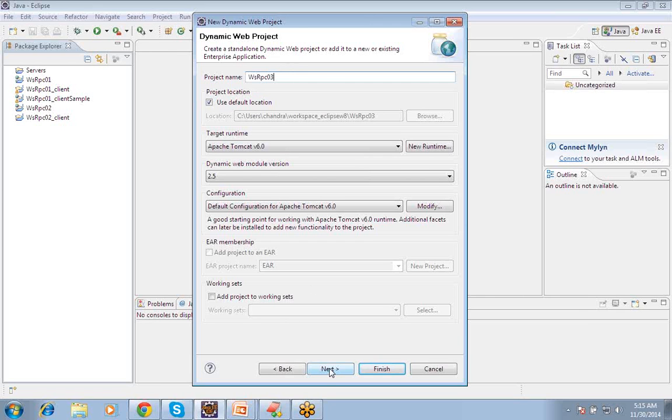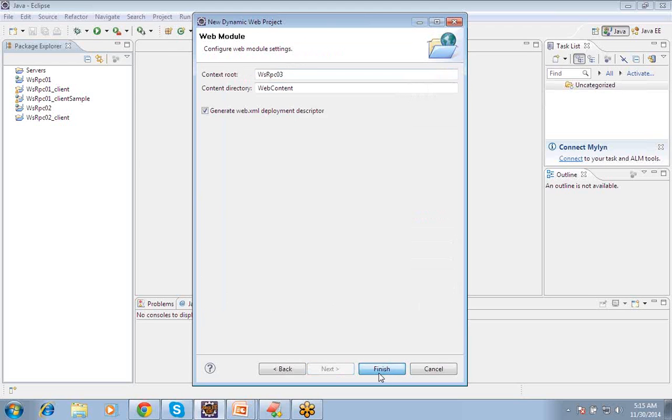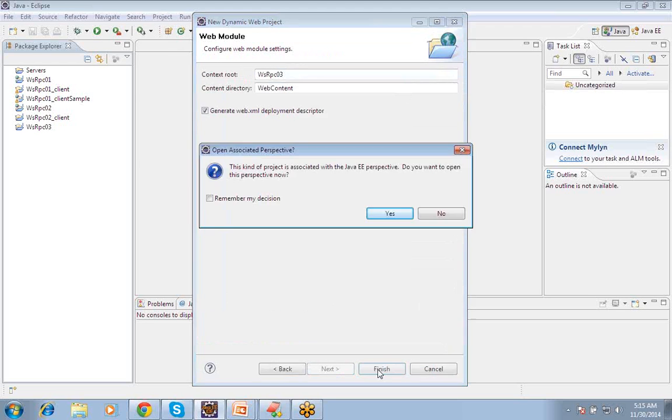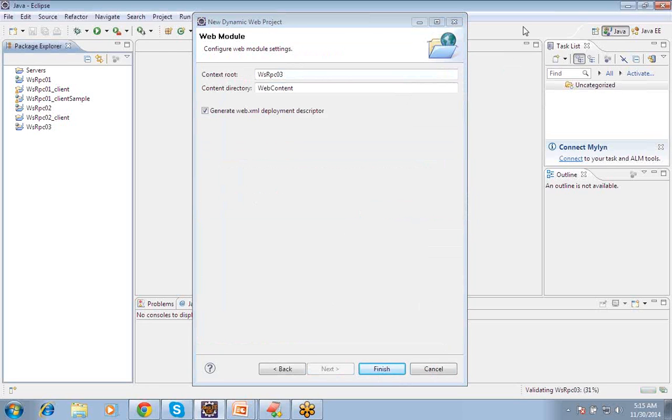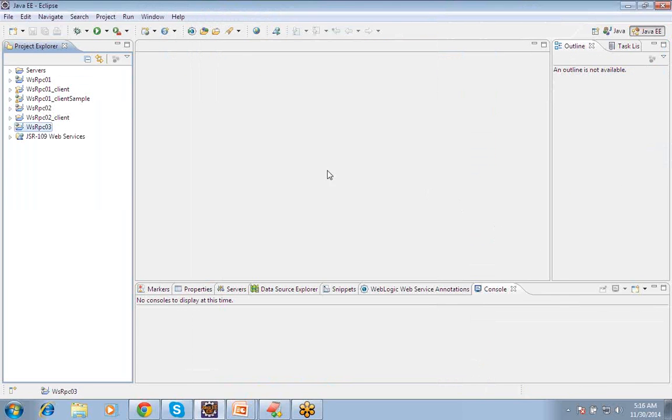WSRPC03, click next, click finish. This is the third model, the bottom up approach, which I am going to show right now. Third model, JAX-RPC third model. I am going to show the Java to WSDL file generation model. In my src folder,